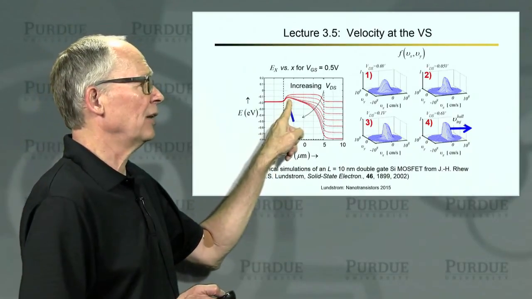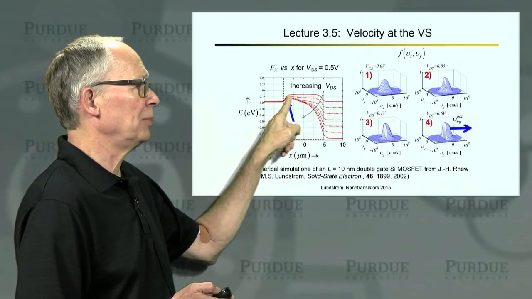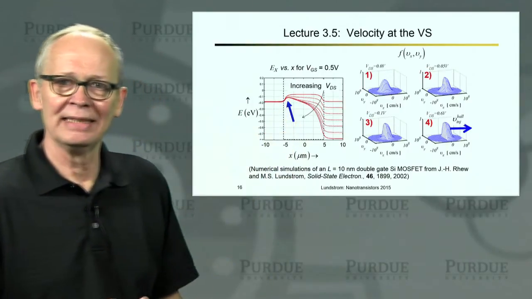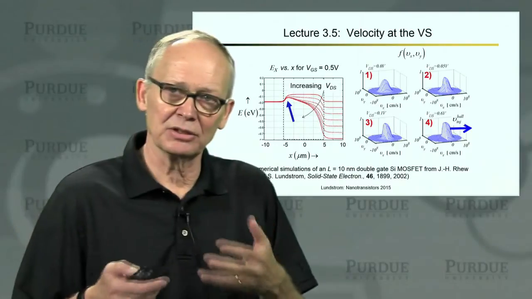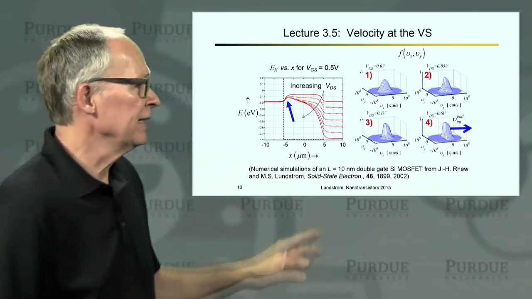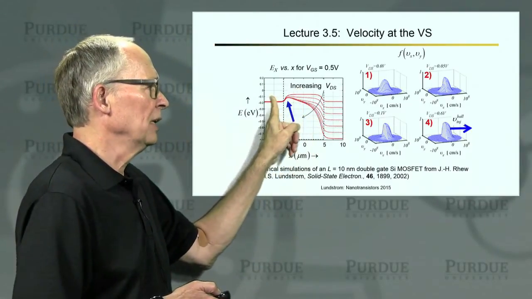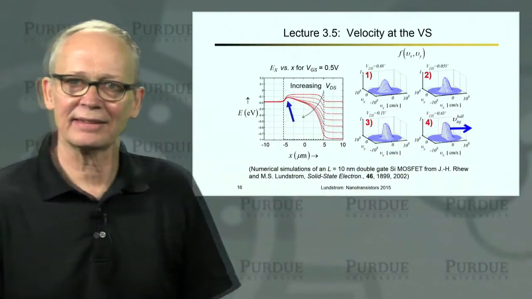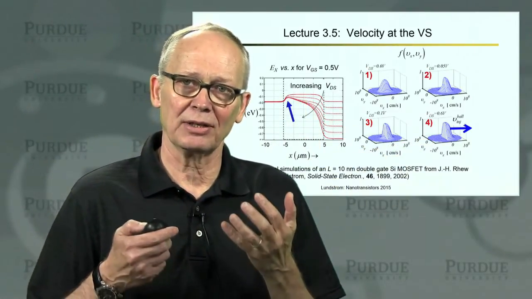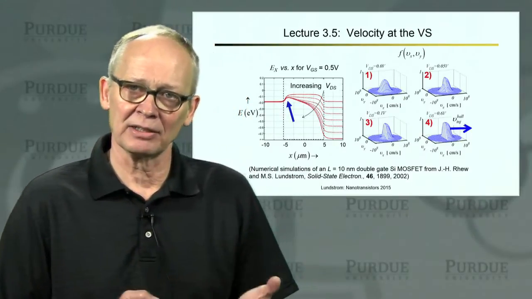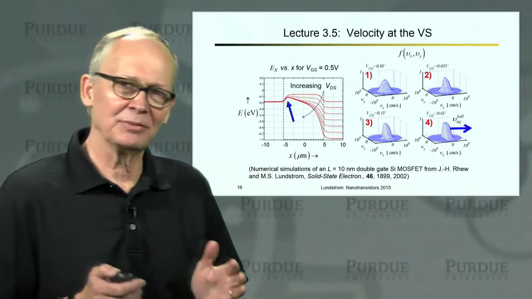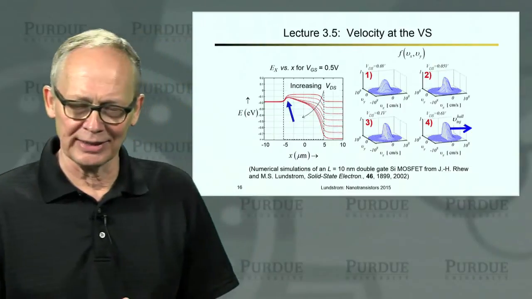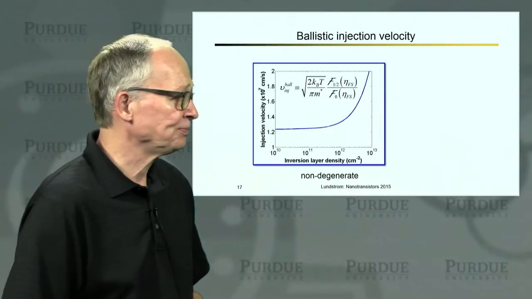How did that happen? How did the positive half get bigger? If you look at these calculations, you can see that the top of the barrier has been pulled down. That's the self-consistent solution of the Poisson equation. It's pulling the barrier down, which lets more electrons in, gives me more positive velocity electrons to give me the required number that I need to balance the charge in the gate. So there's some very interesting physics that's going on inside this ballistic device.